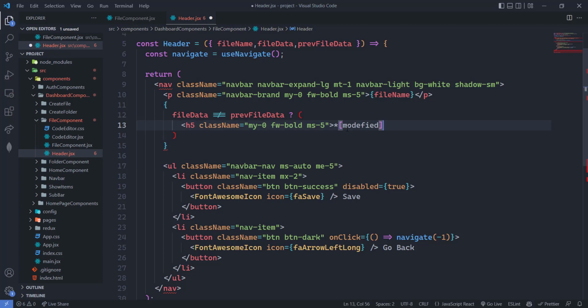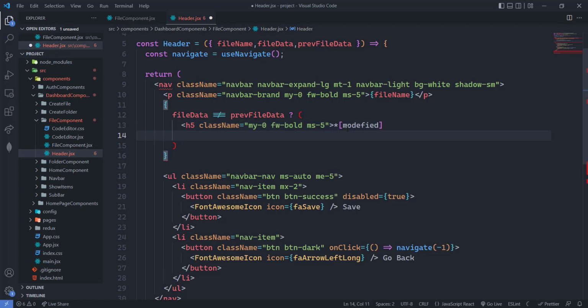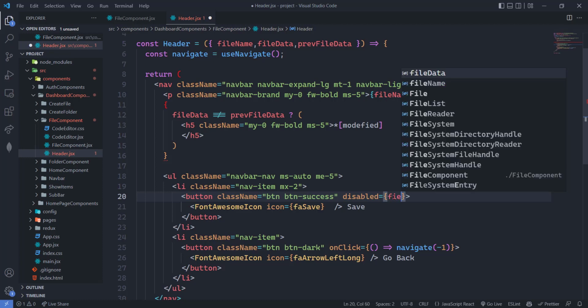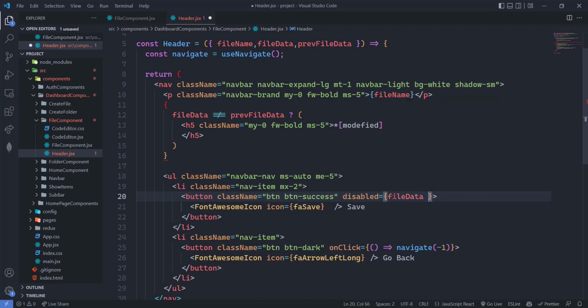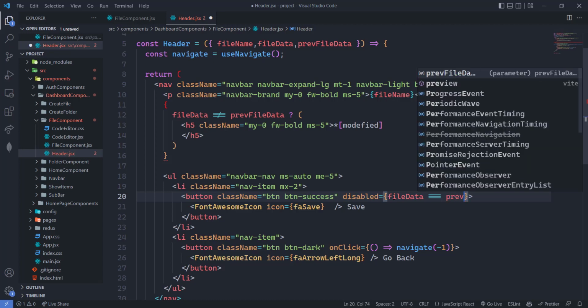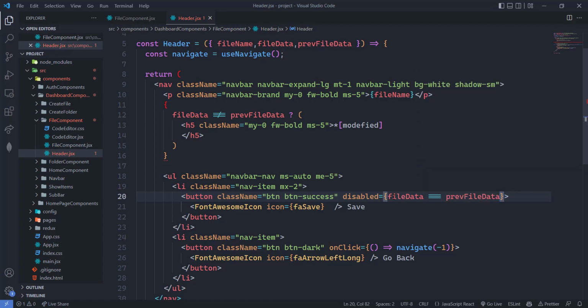Like this, and just close the h5 here. So h5, and here I'm going to write, we are going to also see this disabled. So if file data is same as previous file data,